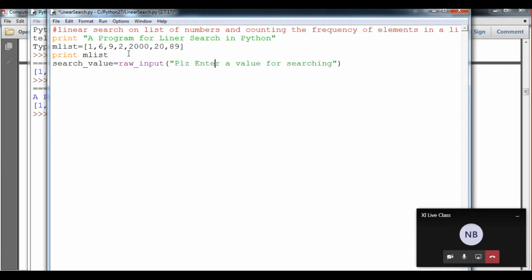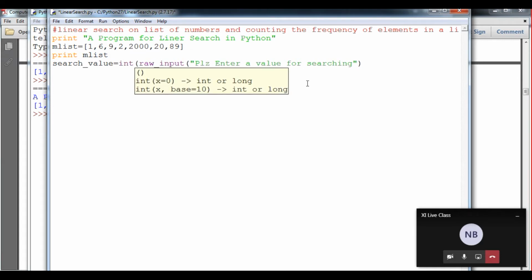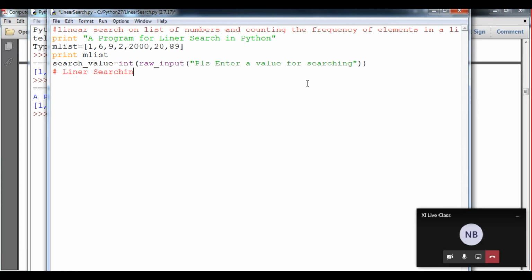Because these are all integers, you can see the elements in the list are integers, I will typecast to integer, and I will process the searching logic here.